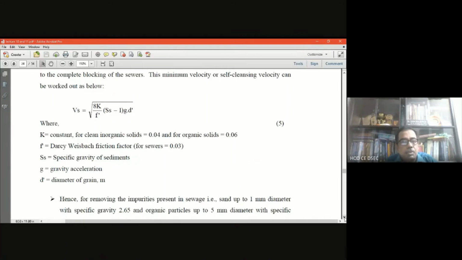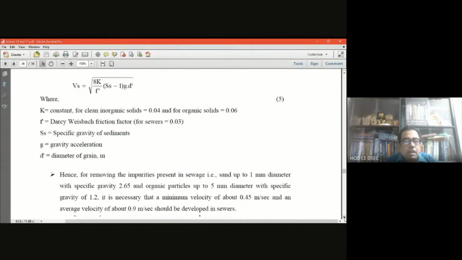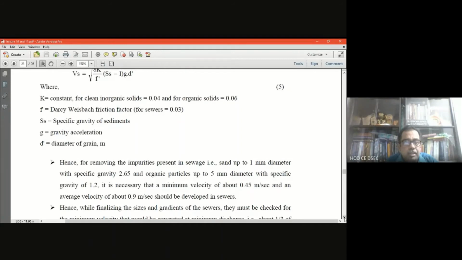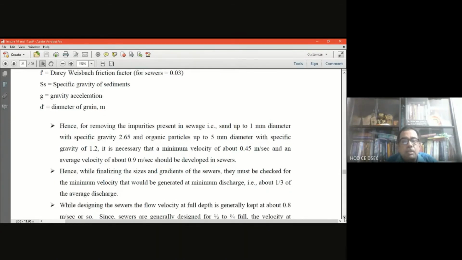So if these things are known to you, then the minimum self-cleaning velocity at least once in a day you have to check, and this is for maintenance purpose. Operation and maintenance also has to be taken care of, that we have discussed in my previous lectures. So for removing the impurities, what we have learned,